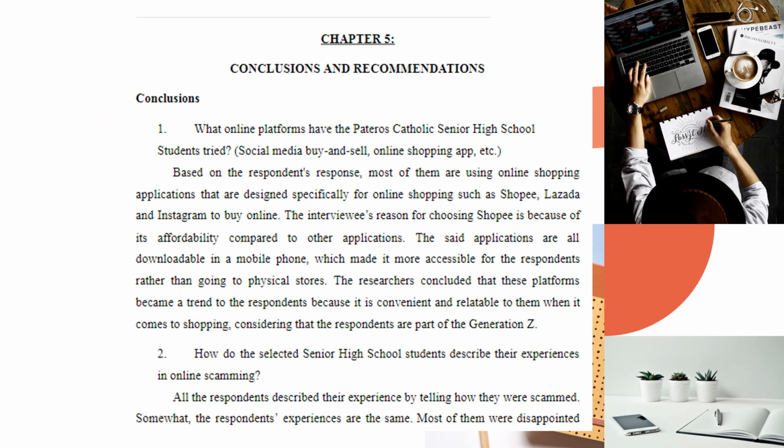So let's have an example of a conclusion, how we write a conclusion. The ones numbered there, 1 and 2, those are research questions. Okay? They are the research questions from chapter 1. In chapter 5, they are answered. Okay? Now,